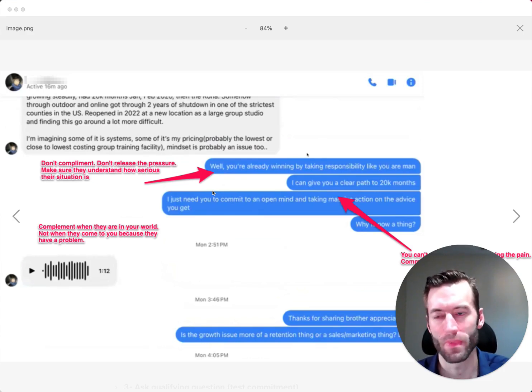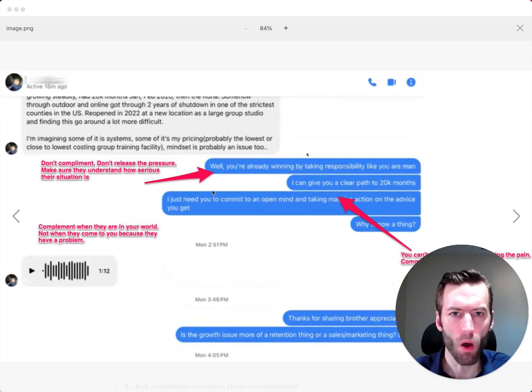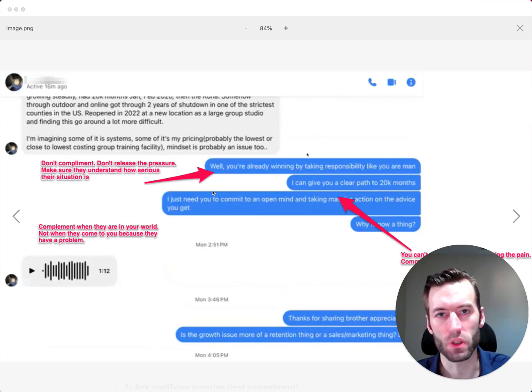And also, it's not the time to build rapport. It's not the time to be friendly. You're trying to be a doctor here. You're trying to do a sales conversation. Like if you're going to see a doctor because you broke your leg and he's asking you what happened, and you told him, oh, I was just jumping out of a 4-story building without protection. And the doctor replied, oh yeah, I understand. No problem. Like very admirable. Like, no, he should tell you, what the hell were you thinking, jumping out of a 4-story building? Never do that again. So that's what you need to do here.